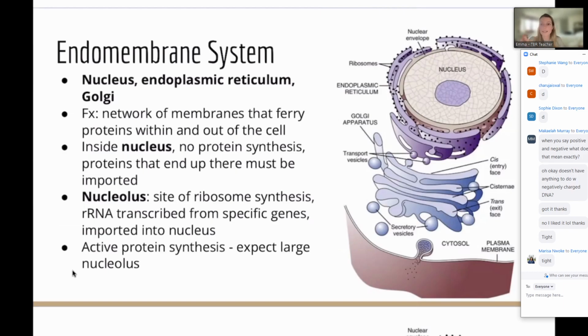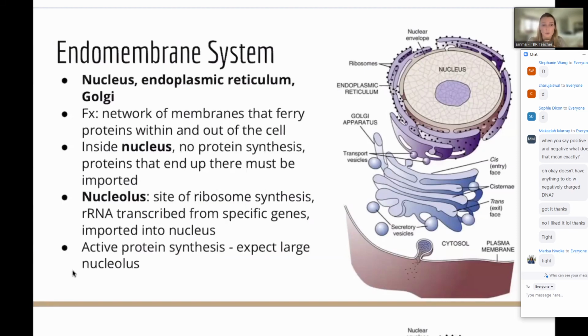So when we talk about this endomembrane system, it just means membranes that are inside. So we're thinking of those membrane bound organelles that are going to be inside the cell. We're thinking about our nucleus, which has a double membrane, our endoplasmic reticulum, and our Golgi. And the three of these work together. They're usually all together in a little zone, and that's because some of their functions are very closely linked. Often the Golgi is like the post office, and the ER is like a factory. So there's a lot of things being made, a lot of things being packaged. We got a lot of stuff going on.